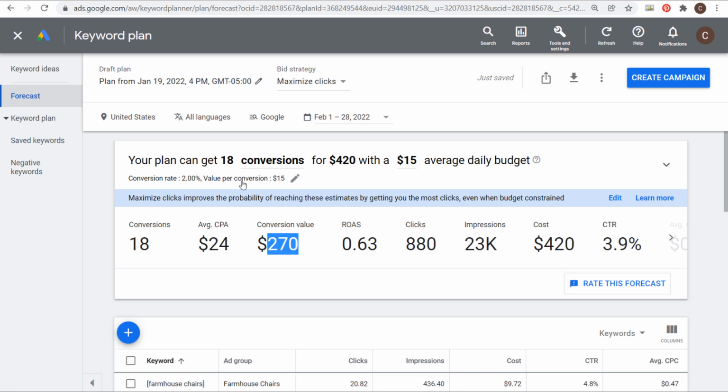So if you know your value per conversion on average, maybe using Google Analytics data, maybe using the data you have from Shopify or whatever you're selling, whatever it is, if you know your conversion rate and your value per conversion, you can enter that here, and it just gives you more data so you can understand what to expect